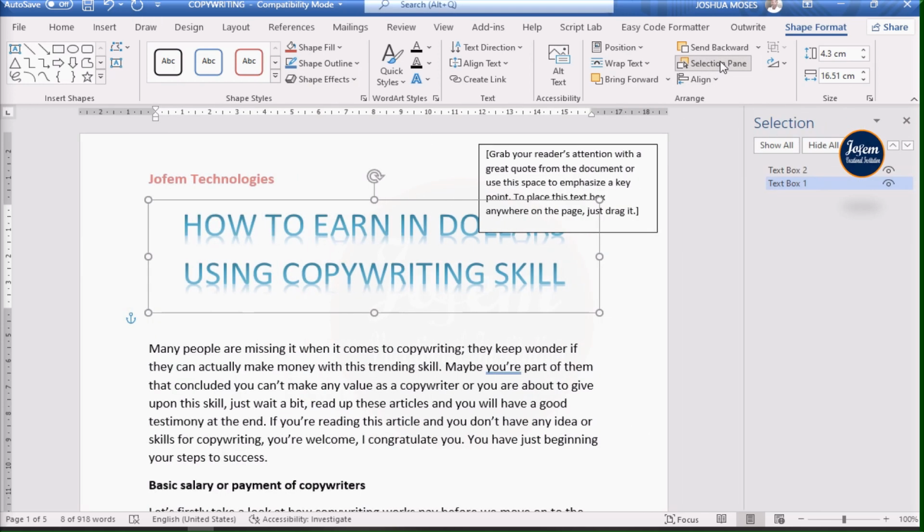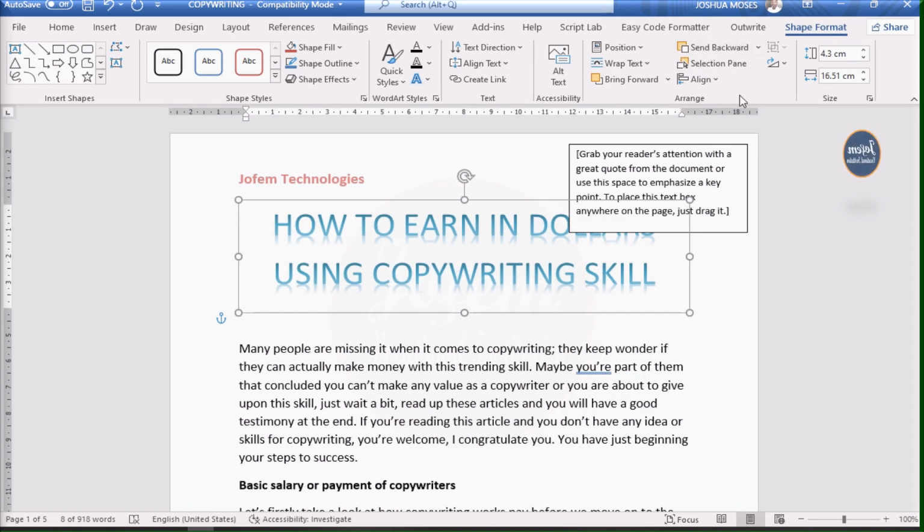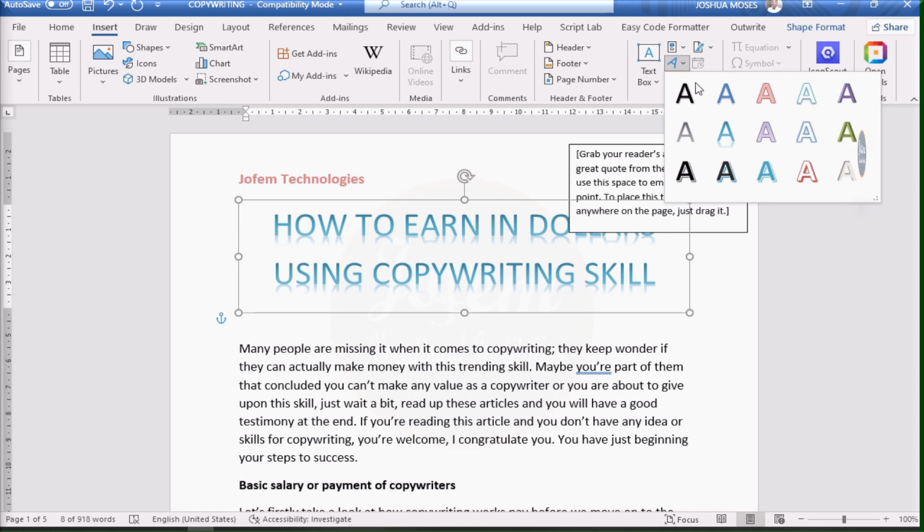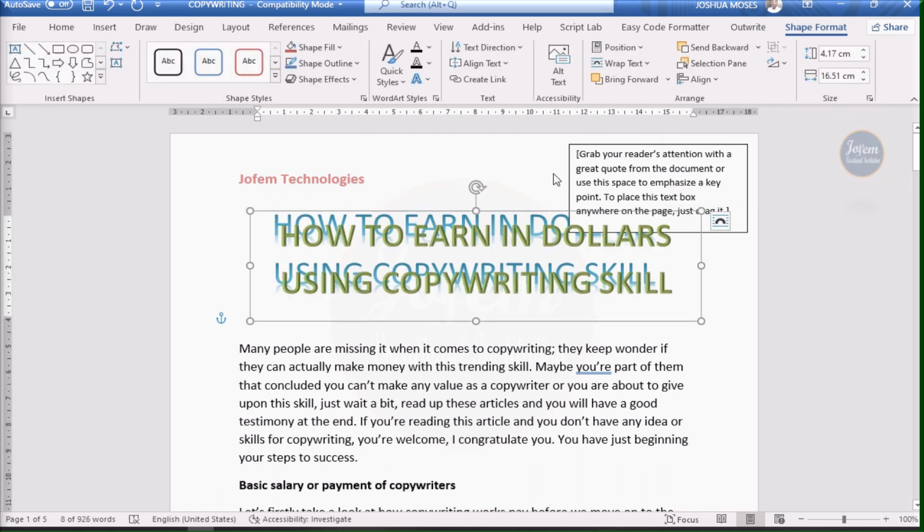If you want to adjust anything, then, so that is Wordart for you. That's the function of Wordart. Then it has various things. You can change it to something like this. You can see. So it's so amazing.